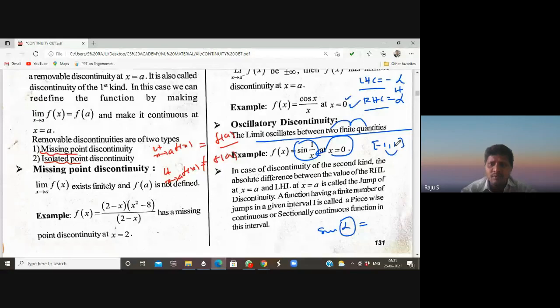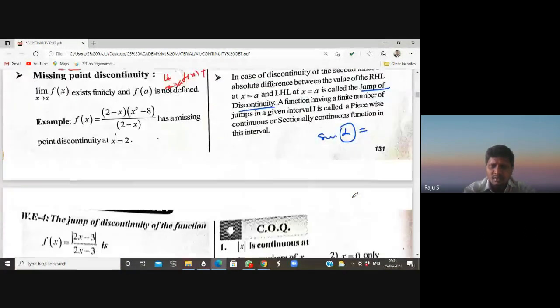So this discontinuity is called oscillatory discontinuity, and this is also called jump discontinuity. Some different names are there. Next,